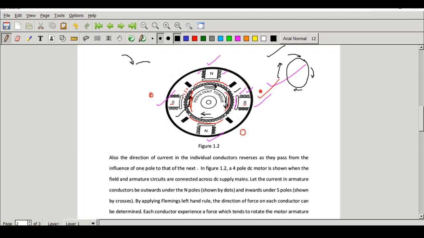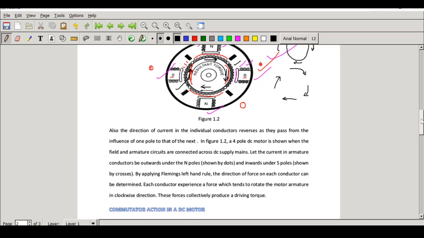The force will be acting sometimes like this. That is like a pulsating torque. That means it will not generate any mechanical motion. For generating a mechanical motion, you need a unidirectional torque, and this unidirectional torque can be generated only if the direction of the current in the armature conductors reverses when it passes from one pole to the other. That is, when it is under the north pole, the current will be in one direction, and when the conductor moves on to the influence of the south pole, the direction of the current will reverse, and the result is you can get a unidirectional torque.